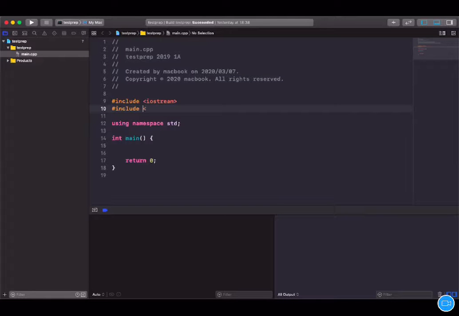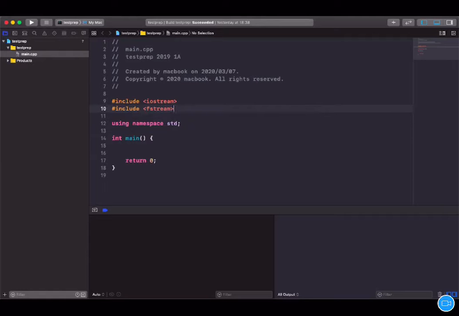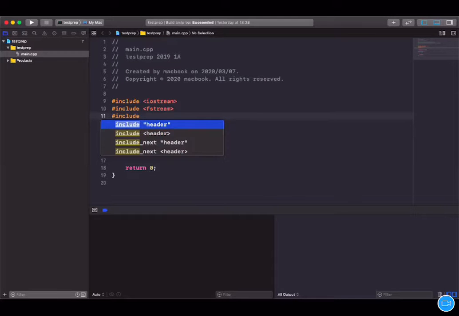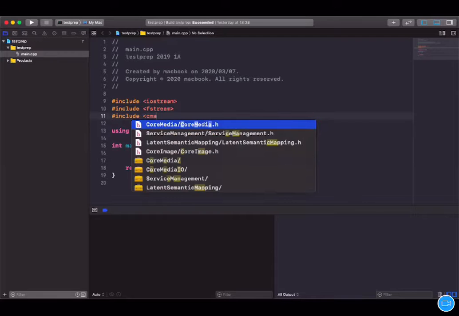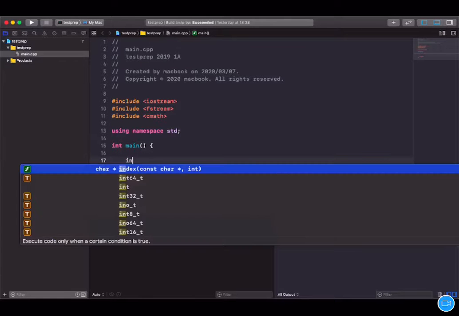So bring in your library for inputting and outputting, reading and writing from text files. Okay, and I'm going to use CMath as well. Okay, cool. So in main,